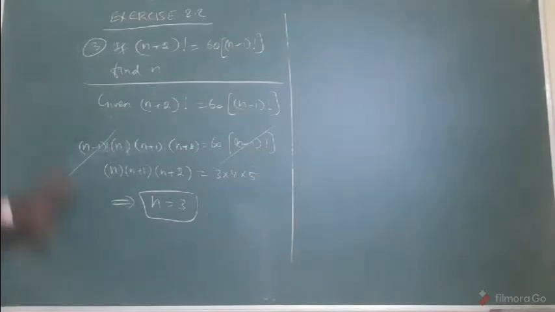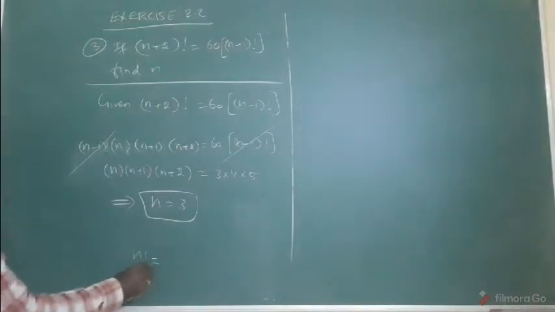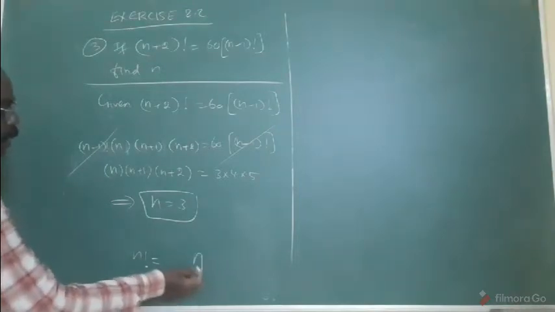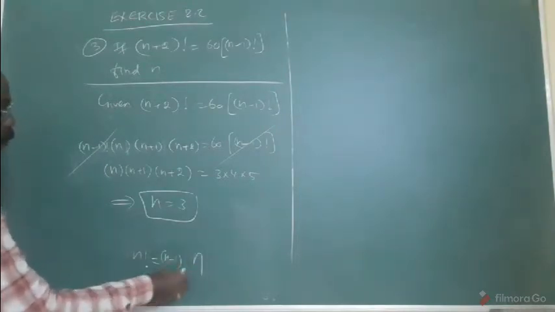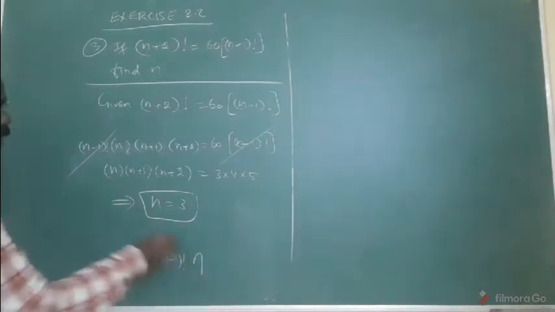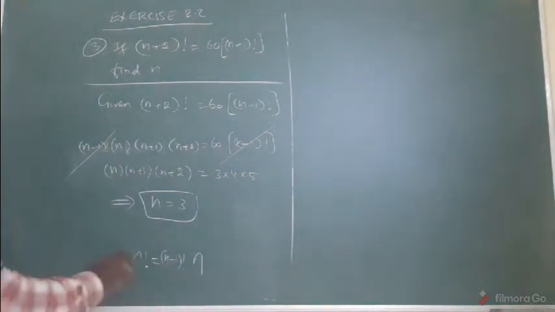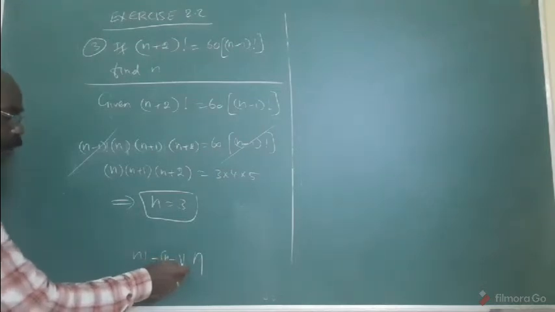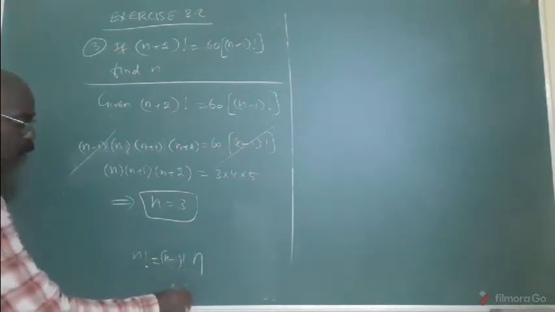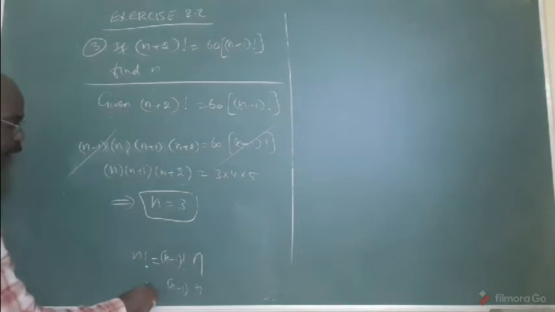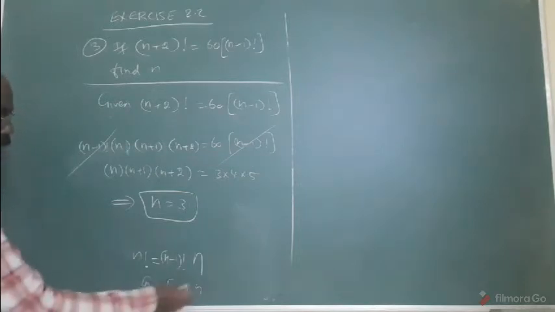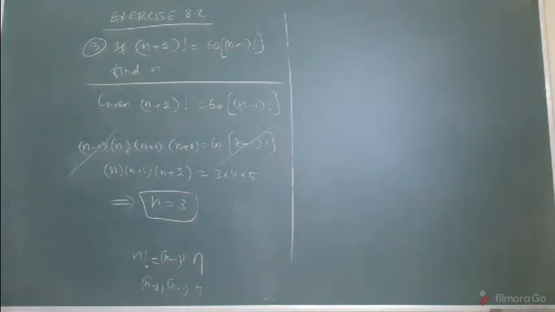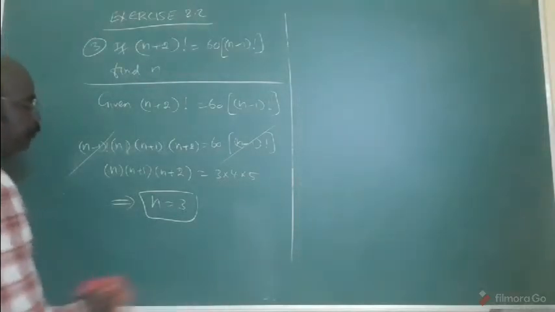By using again the same criteria. N factorial means what is the formula? Without factorial n, the previous number is what? Previous number is reduced by 1 with the factorial answer. Am I right? In this way, once again n minus 1 factorial, what is the answer? N minus 1 factorial can be written as n minus 1, previous number is what? N minus 2 factorial. In this way, etc. going on. This idea. By using this small idea only we get the answer.